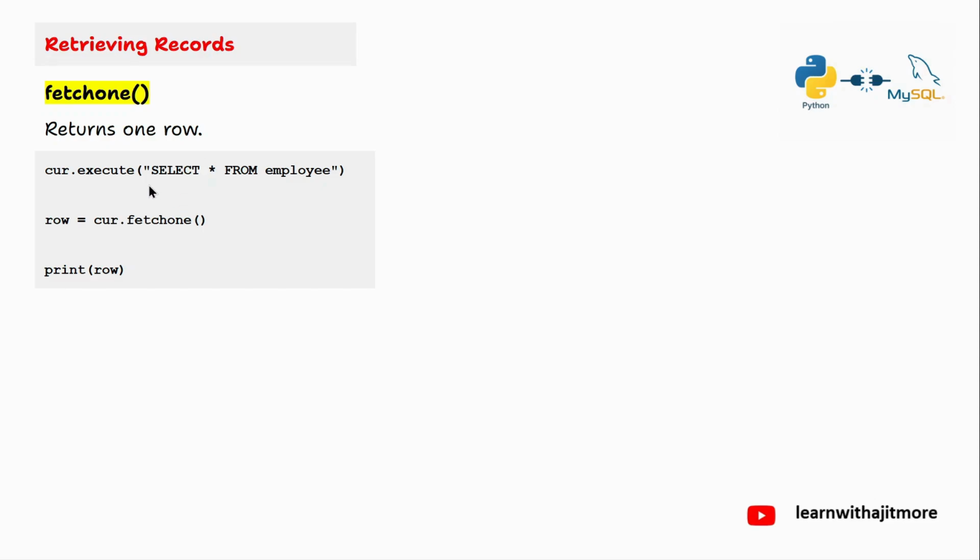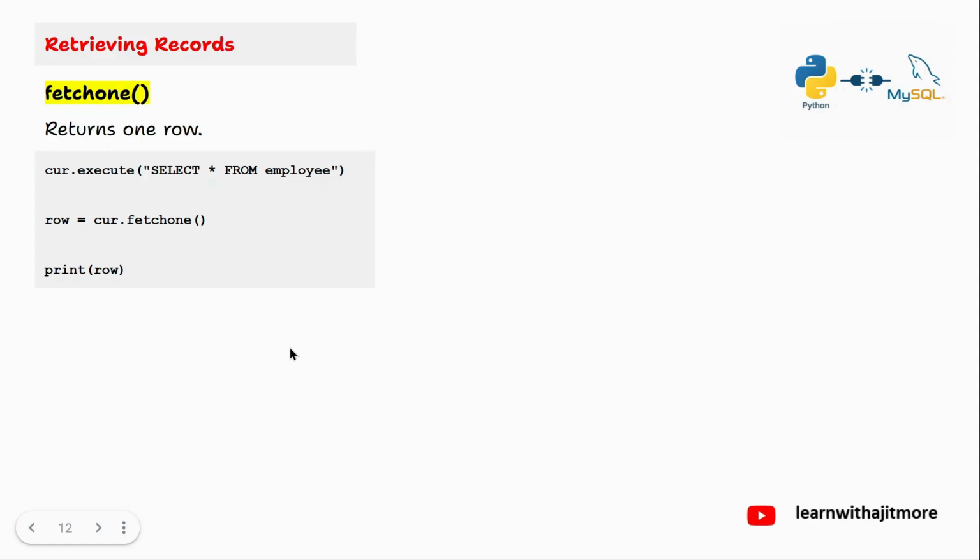It is going to fetch only the first record from the result of that query. Select star from employee. This query went to the backend. Backend has executed it. The result of that query is coming back to the application. And the application is fetching one row from that result when you give cur dot fetch one. You got one record. You can print and see that record. Okay? It is going to be a tuple,